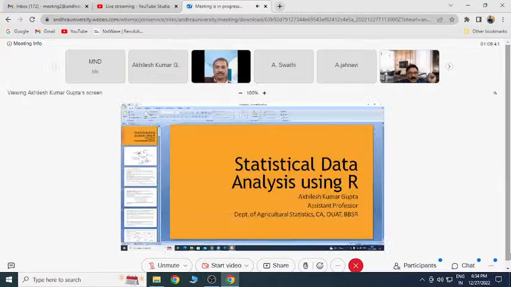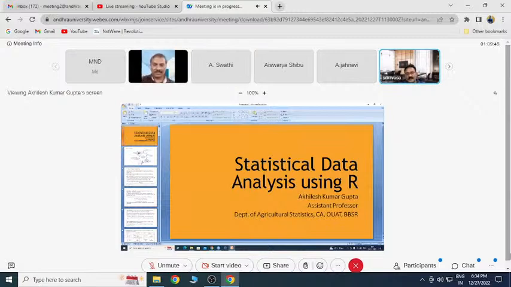I am welcoming our organizing secretary, Dr. Muniswamy Garu, who is from Andhra University. He is a professor and head of the department. On behalf of him, I am taking charge to organize this, but he is busy with the next 2 days' international conference. That's why I am sharing his burden to organize this workshop. Welcoming, sir, Dr. Muniswamy Garu. Thank you, sir. You are the entire workshop chair, sir. Okay, thank you.